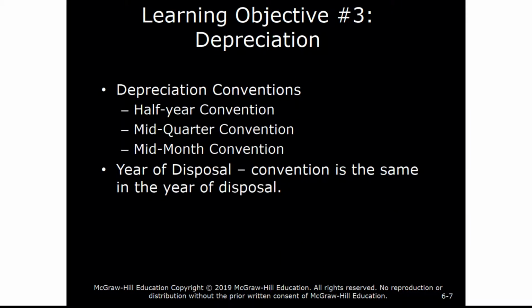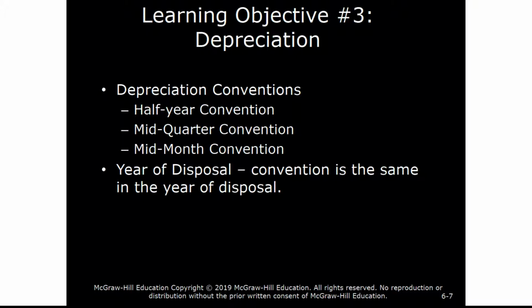So there are some conventions that we use in the tax code. And the most common is a half-year convention. So it says, subject to certain limitations, anytime you purchase an asset in the middle of the year, such as a piece of equipment or a car for business purposes, whether it's in the beginning of the year or the end, we'll use the half-year convention.